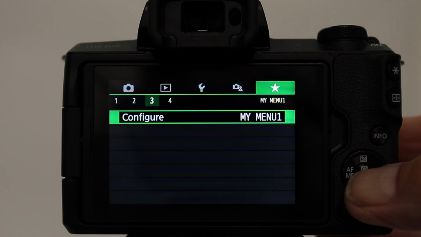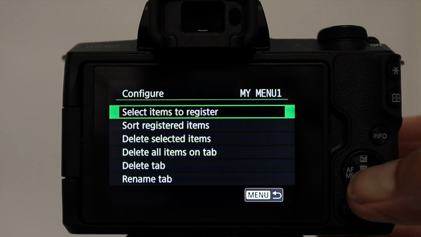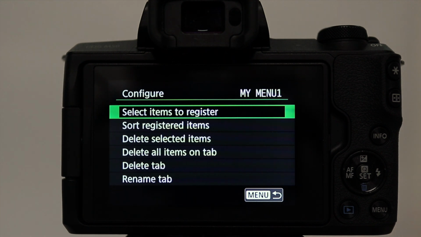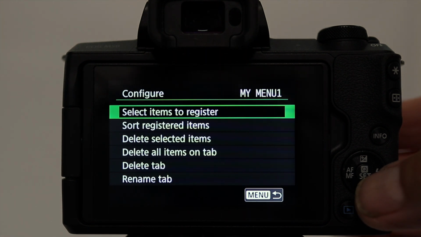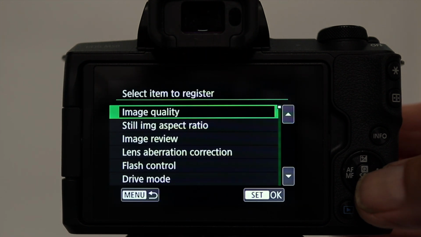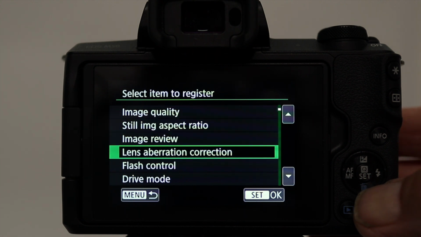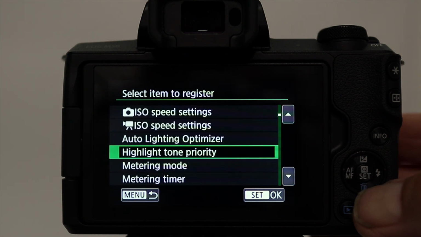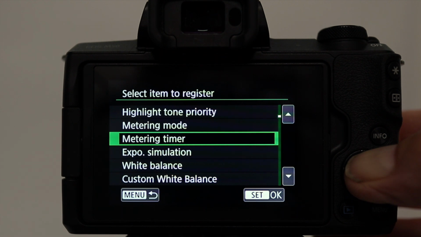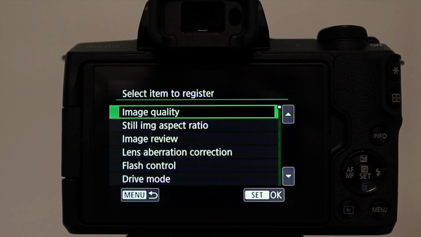Now it asks us to configure it, so again press OK. Now it asks you to select the items you want to register, so again press OK. And now you can select from all the available options what you want to appear on your particular tab. Now it is possible to duplicate a menu item on multiple pages, so for example on this page I might